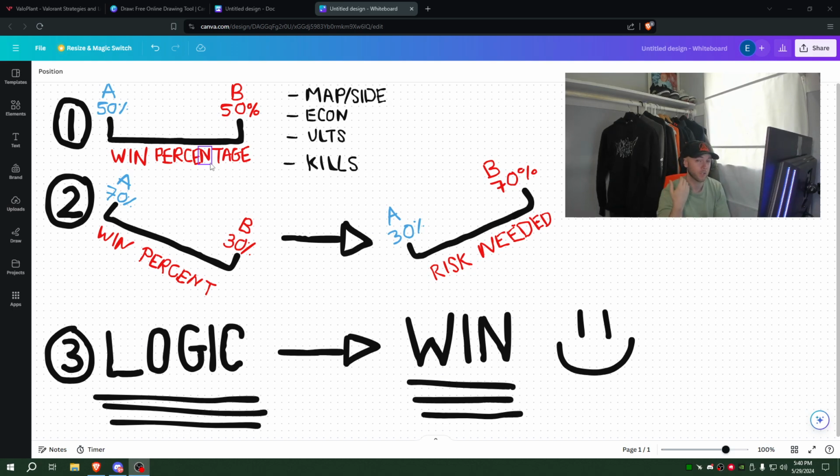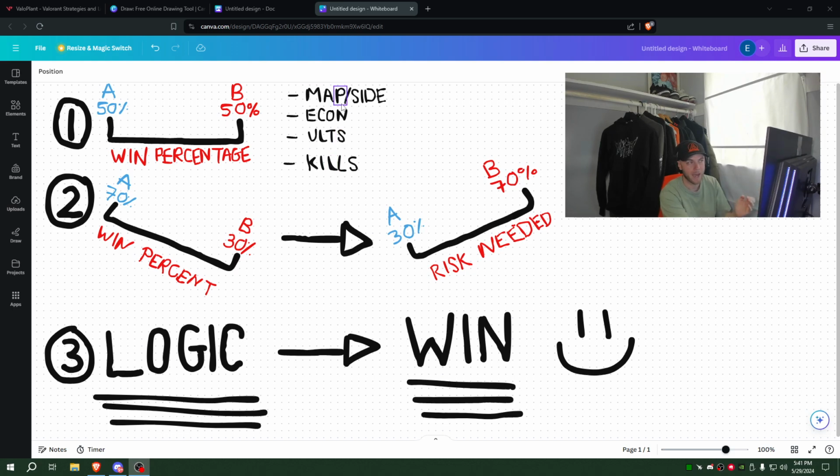Okay? Now we know that this is never actually the case, but these are the four things that will contribute to this win percentage in the round tilting up or tilting down in a team's favor. So I want to talk about some responses that you should have as players or as teams whenever things are starting to slip towards your favor or away from your favor. This first graphic here is to highlight just the win percentage and the things that affect your potential win percentage in the round.